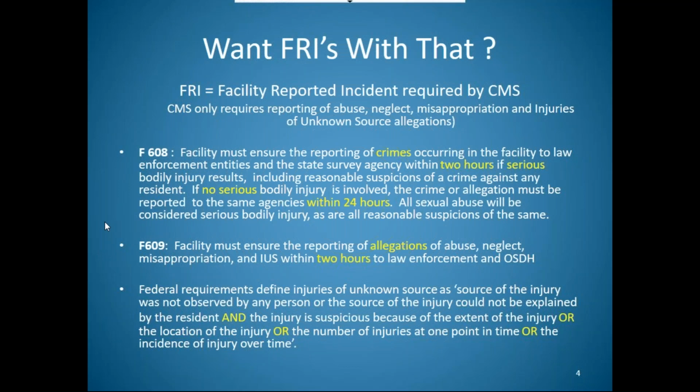What we're talking about are those injuries when there are massive amount of bruises to different areas of the body, if there are serious bruisings to the head, if we have fingerprint bruising around the top of the arms, fingerprint bruising around the wrist areas, fingerprint bruising in the breast areas, or if there's bruising in the genitalia area, then those could possibly lead you to believe that there is some sort of abuse going on, and those are the injuries of unknown sources that need to be reported.